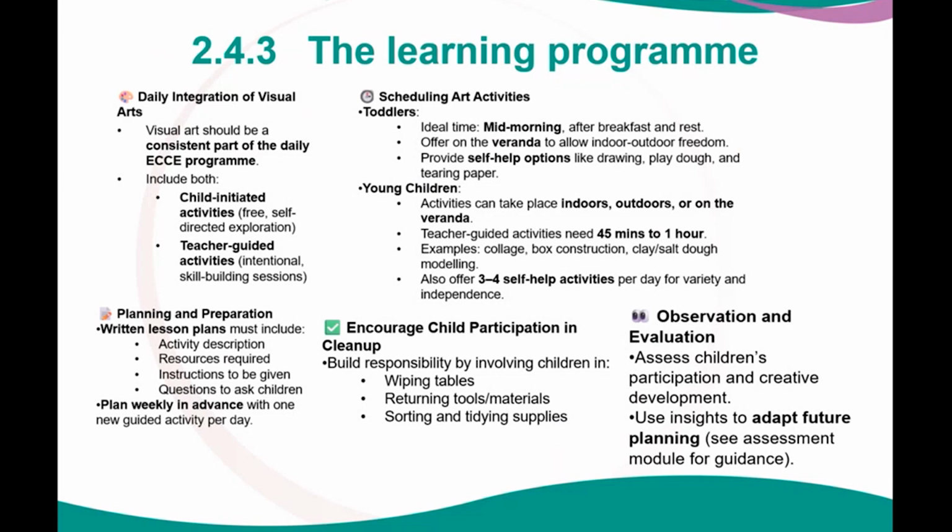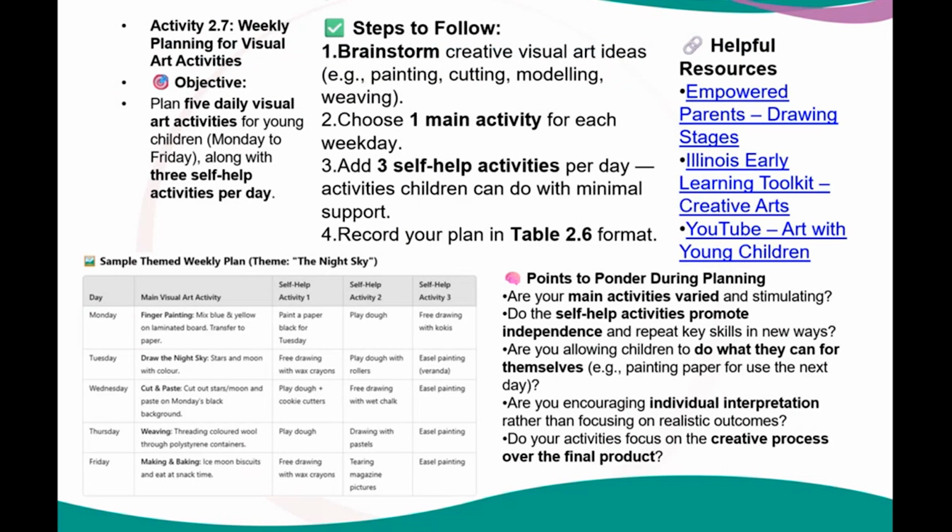Assess the children's participation. Sometimes you can find a lot of things that you need to work on during this observation and evaluation period. We're looking at Activity 2.7, where you're going to do a weekly planning for visual art activities. And we're asking you to plan 5 daily visual art activities for children, Monday to Friday. And this gives you the opportunity to really understand what you need to do. So there's a sample theme weekly plan where you can have an example of it, and the points to really consider,